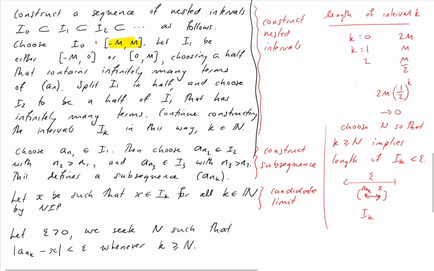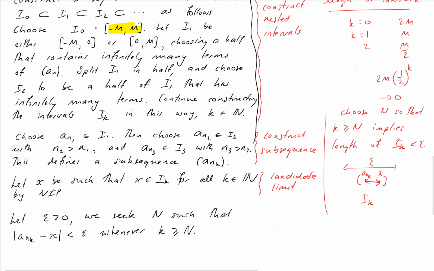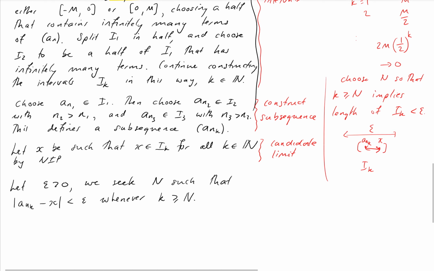Right, so that is the next part of the convergence proof. State what we want to do. Now we choose n, and we've got ourselves a choice of n now. I'm going to write this down. Choose n. Choose means some property of something has guaranteed that this exists. So choose n such that k is greater than or equal to n implies that the length of Ik is less than epsilon.